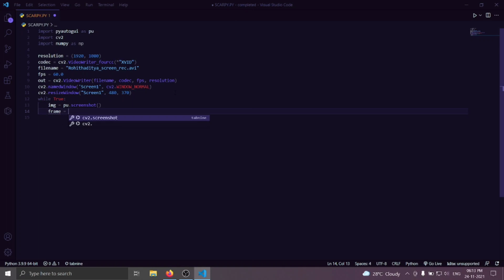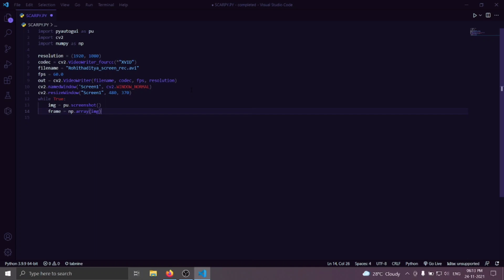So frame equal to the array, which is a class of numpy. So just import the array, that means just write np as here it is in np. And if you are renaming anything apart from np, just do that in this case. And if you are renaming the PyAutoGUI as something else, just rename it here.